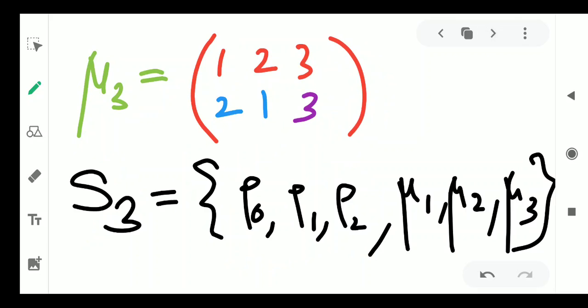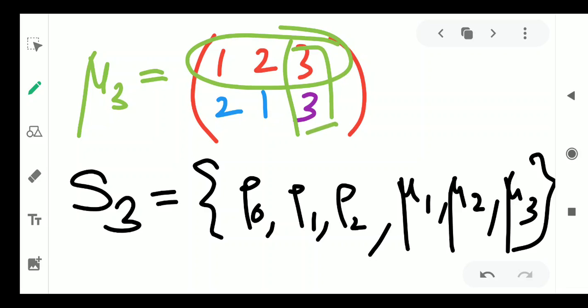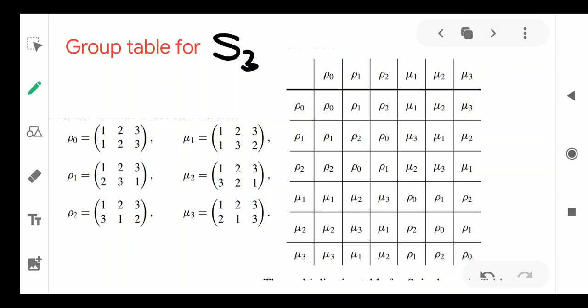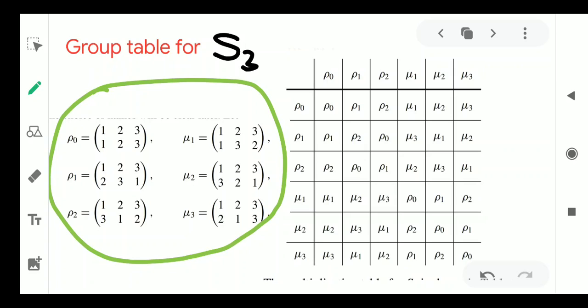What will be mu 3 then? You can guess. So for the mu 3 first row is 1, 2, 3. Then what is fixed? 3 is fixed. What are being exchanged? 1 and 2 are mutually exchanged. So 1 goes to 2 and 2 goes to 1. Therefore, you can see we have discussed how many permutations so far. These are all for rotations and these are for mirror reflections. Mu 1, mu 2, mu 3. Why it is mirror reflection and rotation, I'll tell you. So this is the group table which you have to carefully understand. These are the 6 permutations that will be there in S3.